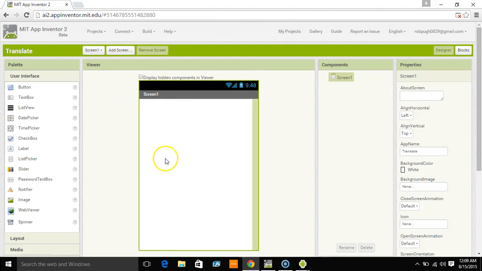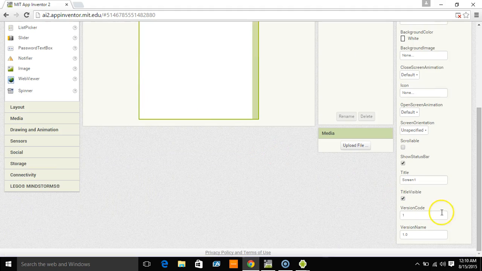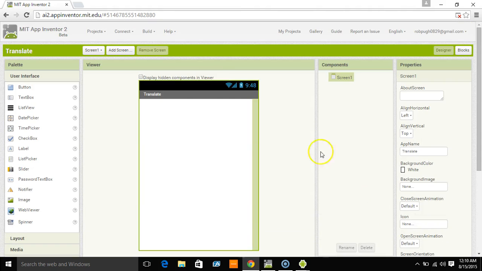Okay, wow, I was like, whoa, it loaded the texting app. Okay, so translate. We're going to change screen 1 to say translate for the title. But now I want to teach you something else here. We really don't need to do that in this first screen because we're going to make something in this one